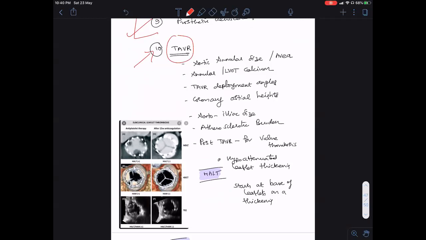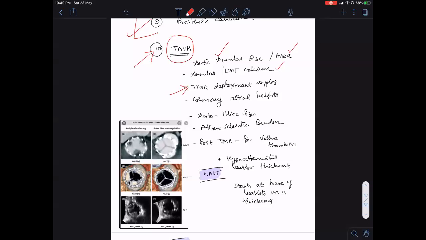CT is now standard of care. All the protocols recommend that CT be done before the TAVI is proceeded with. So we can look at aortic annular size, we can size the prosthesis, and aortic area can be identified. Things like annular or valvular calcium, which is very important prior to doing a TAVI, can be identified by a CT scan. This is important.